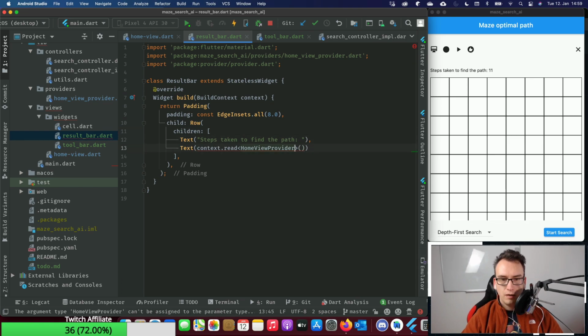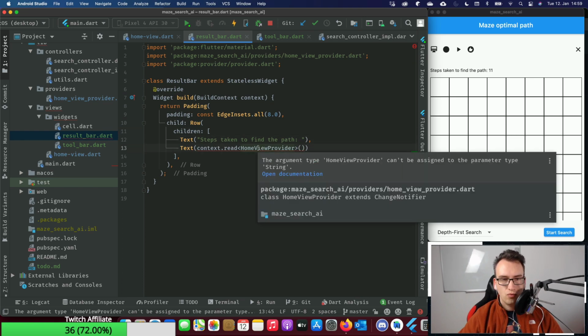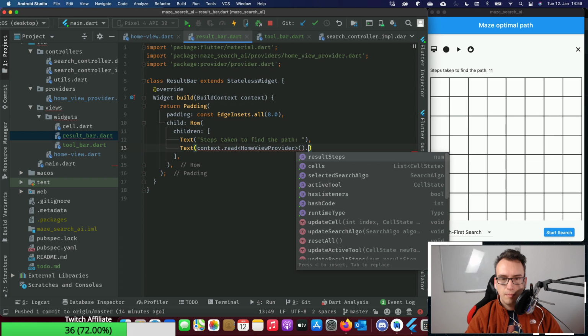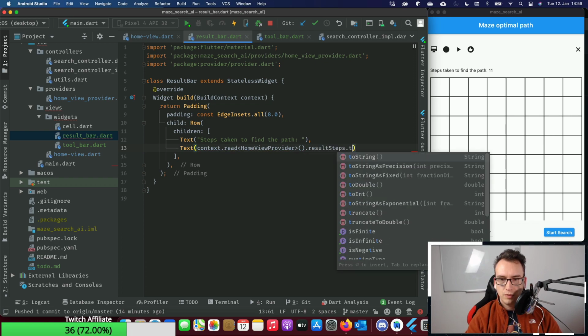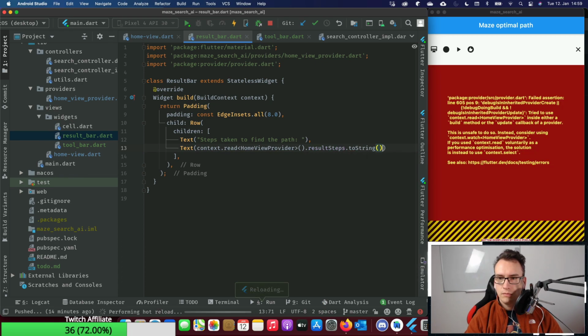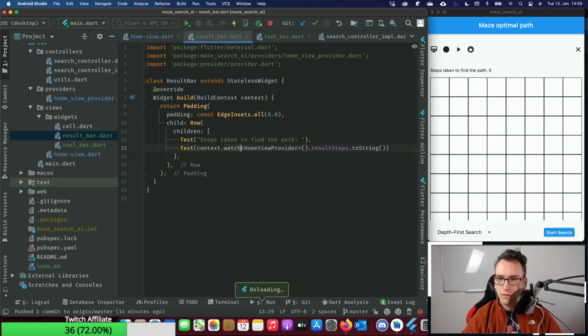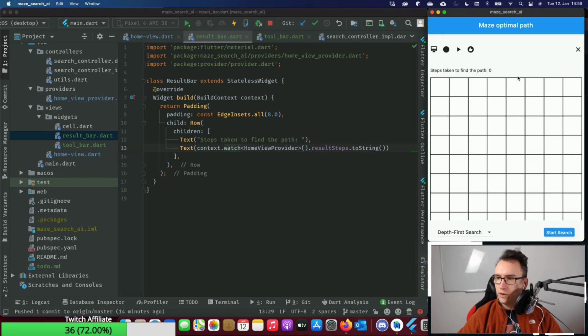And then here it's getting red. Result steps to string. Failed assertion. Okay, that is a build function or update callback of a provider. Ah, is this a watch in that case? Probably. Yeah. Okay, so we have 0.